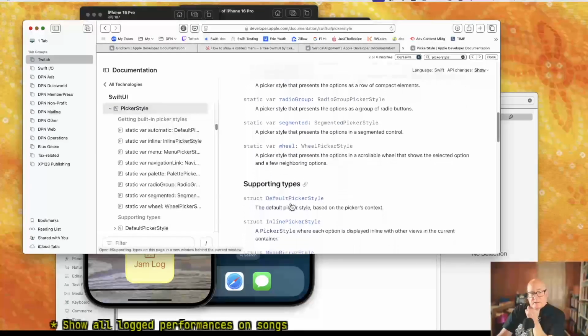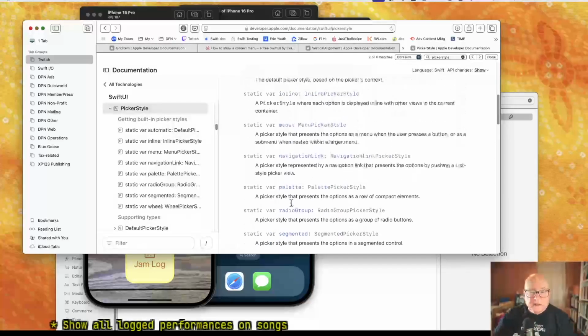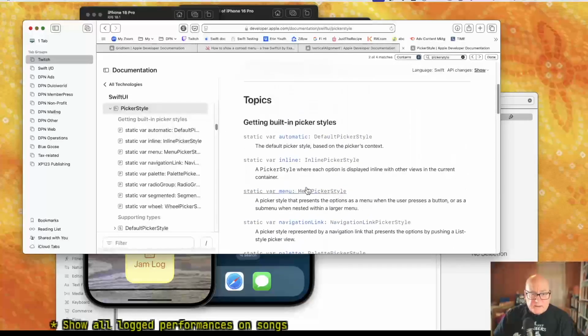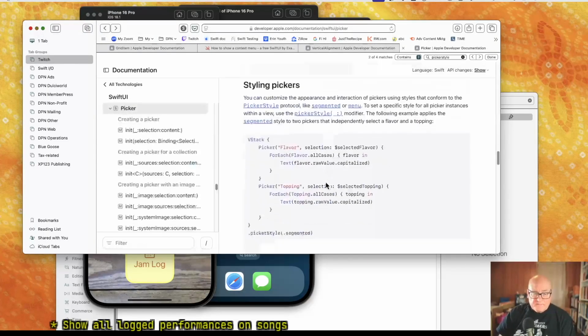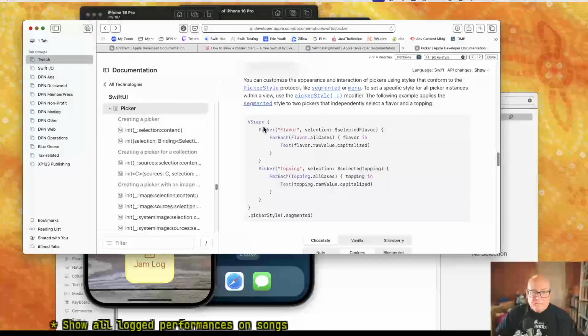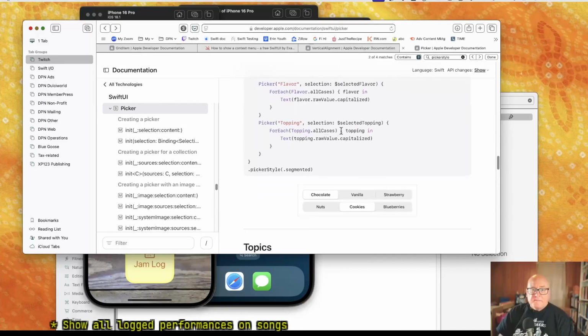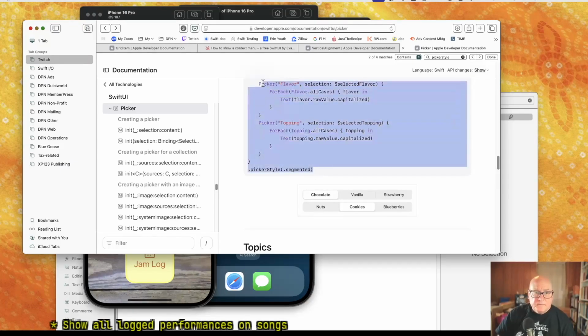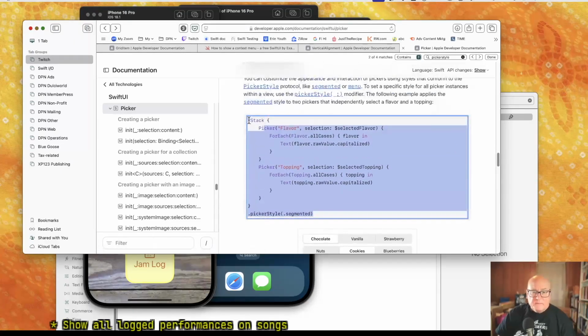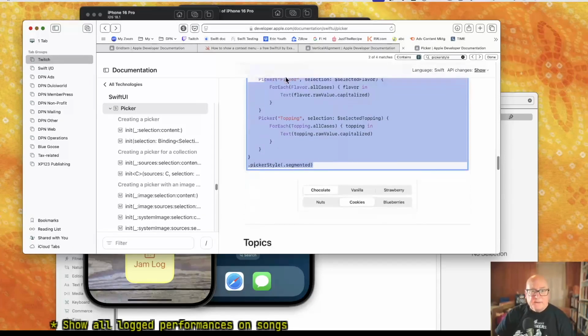Palette. I guess that's pretty close to that. Let's try menu first and see if that just works. Well, I don't need all that. Let's